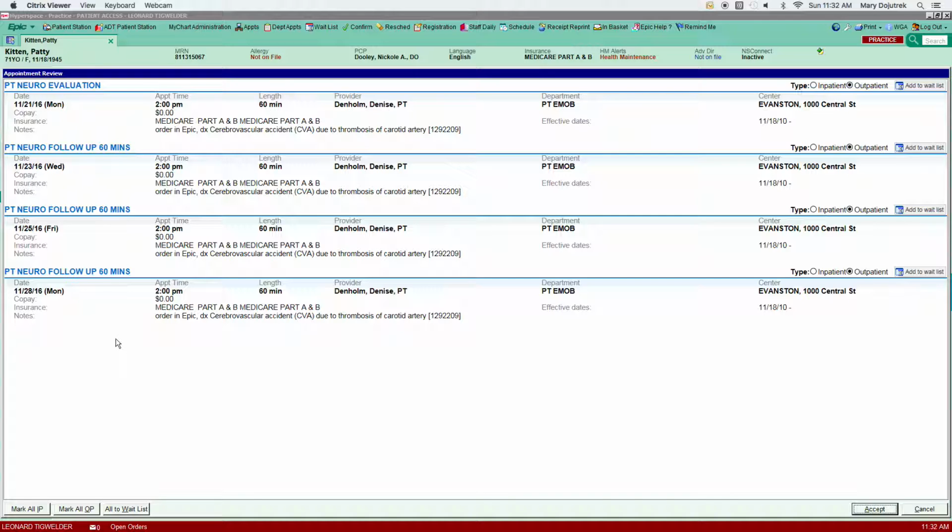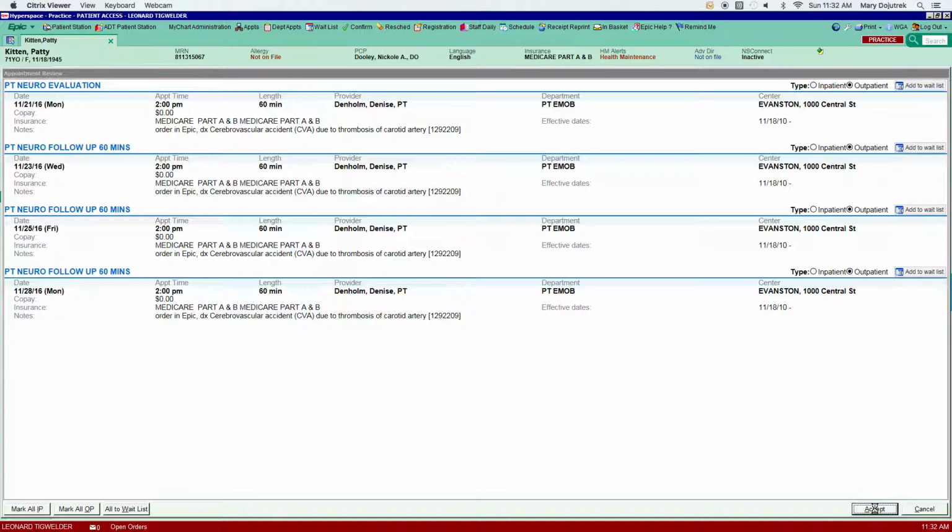Of course, it is very important to always review all the appointment details with the patient. Make sure they know where they're going, where they have to arrive, if there's any preparation. And this call might take some time since you are scheduling 4 appointments and you're juggling the availability of the patient with the availability of the therapist. But remember, at patient access, the emphasis is always on quality, not quantity, and this call may take some time. So if we click accept,